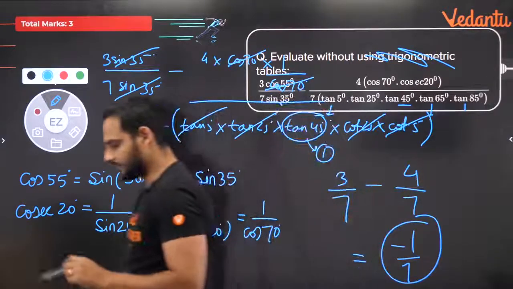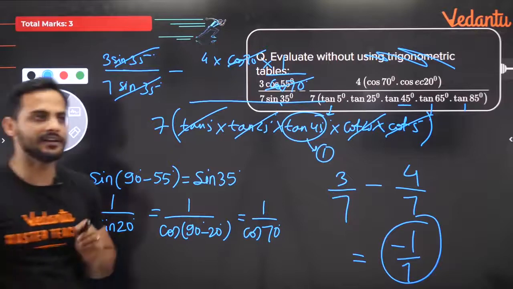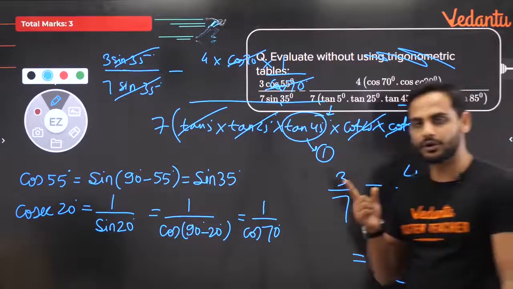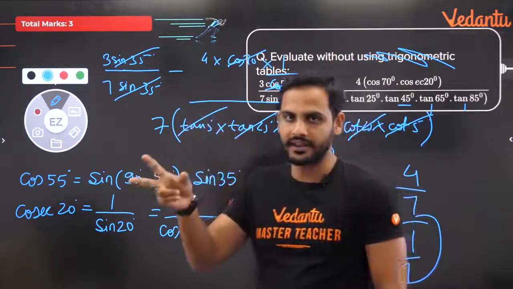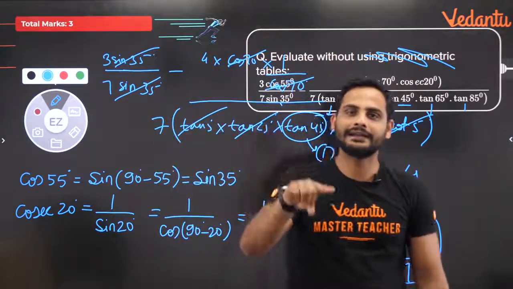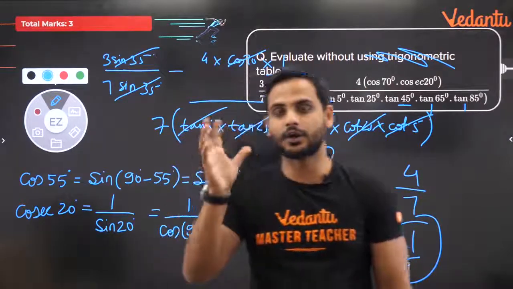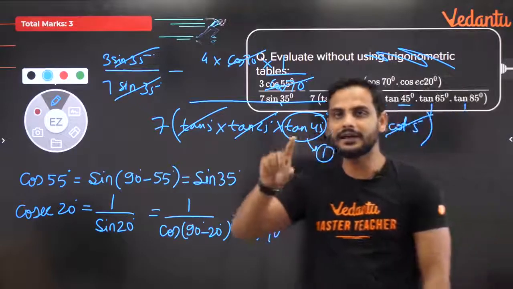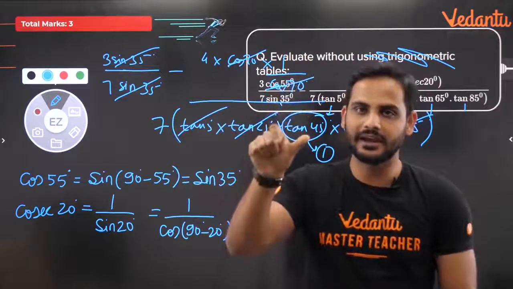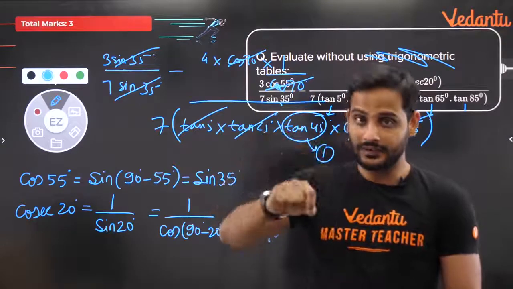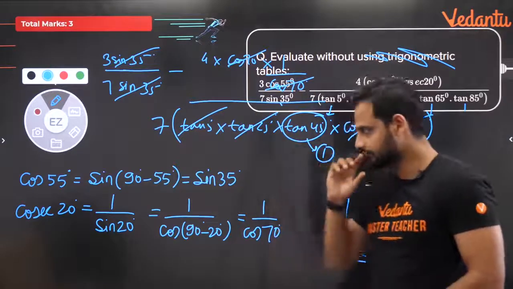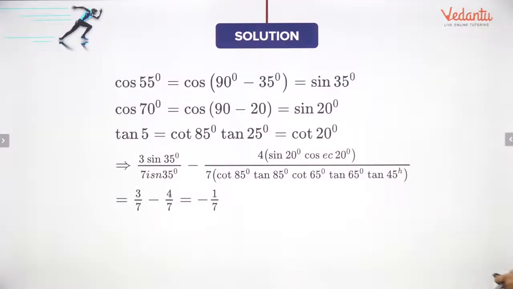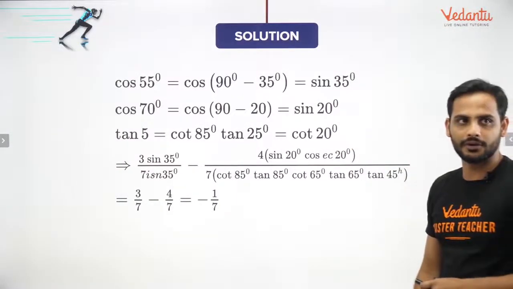Okay. So in this question specially we have used the complementary relations of the trigonometric ratios. Remember the reciprocal pairs are sine and cosec, sec and cos, and tan and cot. And the complementary pairs are sine and cos, tan and cot, and sec and cosec. Remember, tan and cot is the only pair which is reciprocal to each other as well as complementary to each other. Okay, so this is how the answer for this question is going to be minus 1 by 7. You can look at the question one more time if you want.